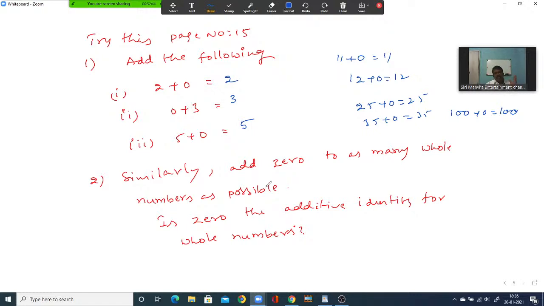In integers also the additive identity is 0. In whole numbers also 0 is the additive identity. So that's it. Try this. That's why we have 0 as the additive identity for the whole numbers. It is right. Okay. Now